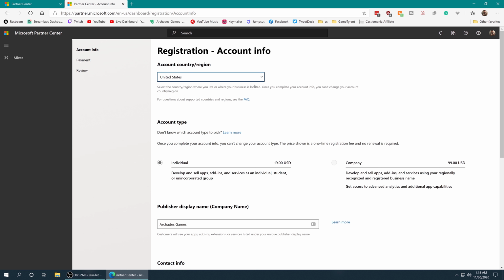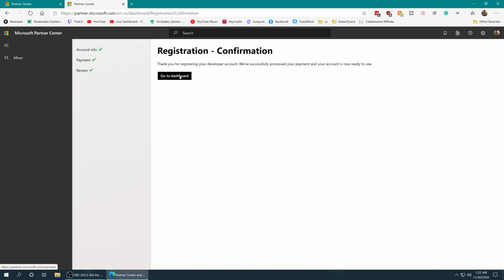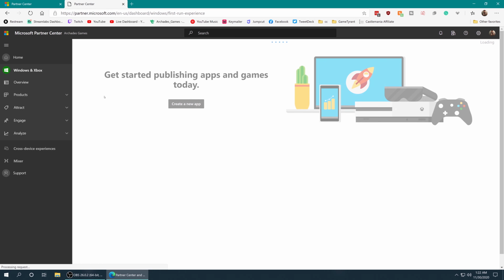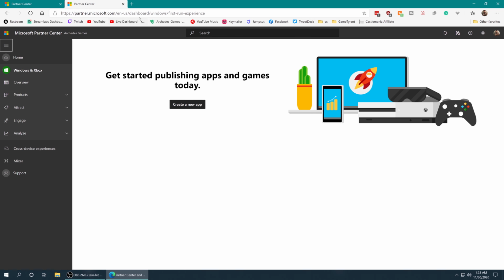So you are an individual, so you're going to be paying $19 to get this activated. So go ahead, fill all this out, get it set up. I'm just going to go ahead and skip past this part so you don't see all my personal info. After you finish your registration and payment, you will get a registration confirmation and be brought to your Microsoft developer dashboard here. From here, go ahead and type in that